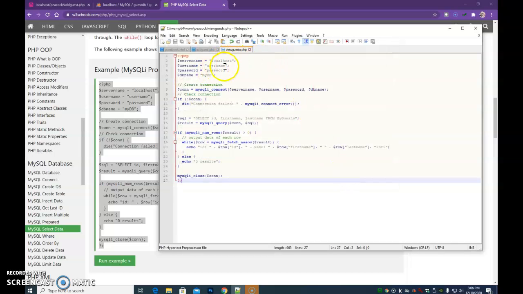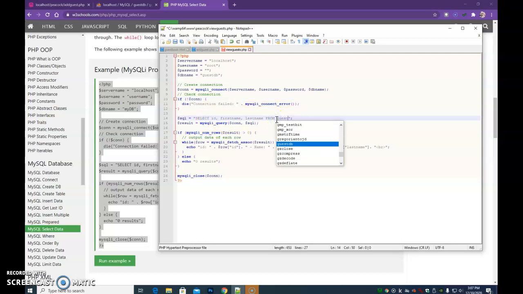All right, so just like we did before, we need to replace the server information up at the top with our own information. And then this takes us into the connection of the server, and then here's the SQL statement. So we can start here by editing this. Now, this is our table, so this will be guests. And as a shortcut here, we can actually just replace our fields with the asterisk. And that means let's pull all the data from our